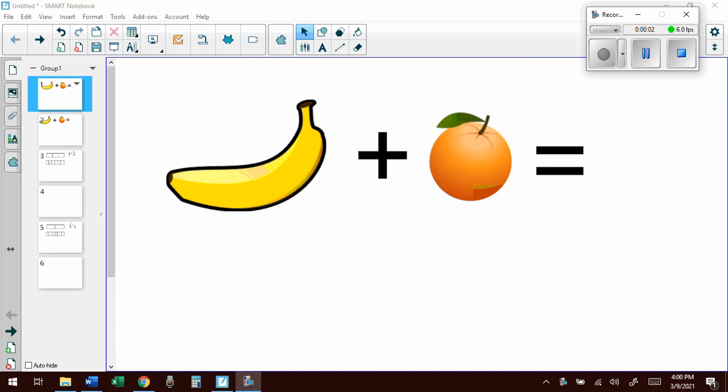All right. So today we're going to use visual models to add two fractions with related units using denominators 2, 3, 4, 5, 6, 8, 10, and 12. But first I want to ask, can I do what's on the screen right now? One banana plus one orange. What would you get? Two oranges, two bananas, two